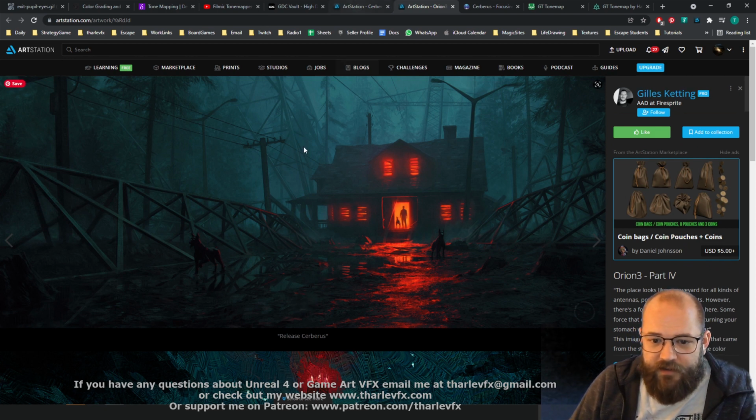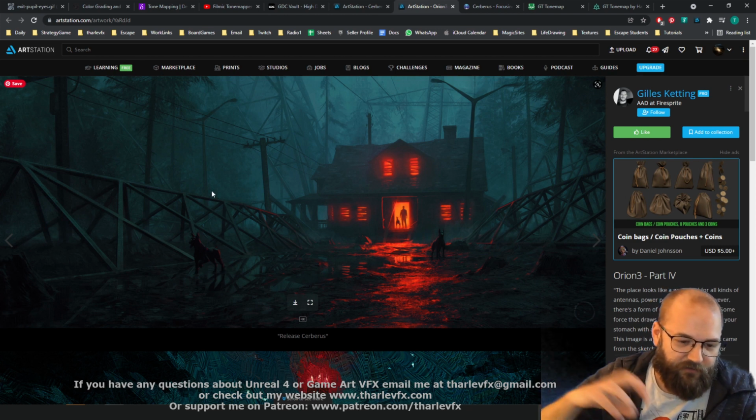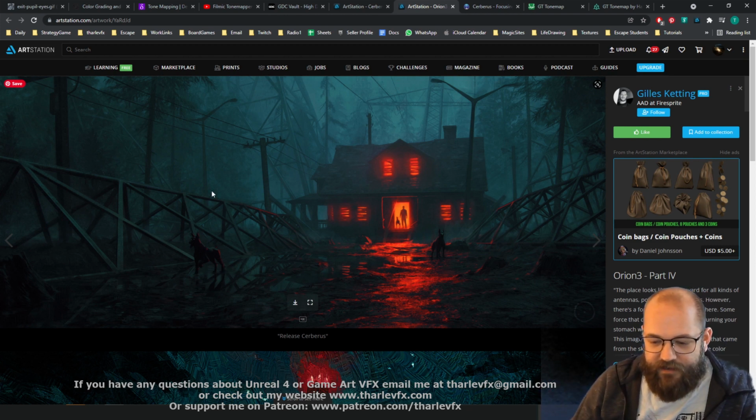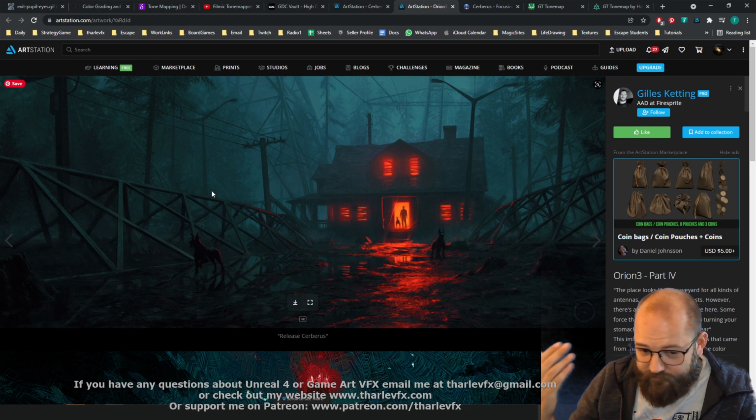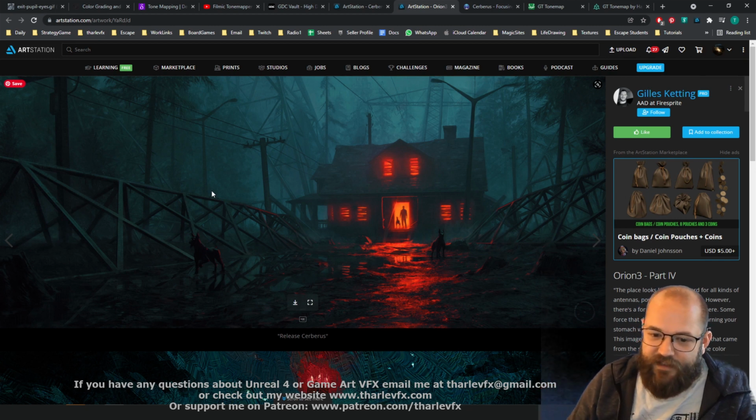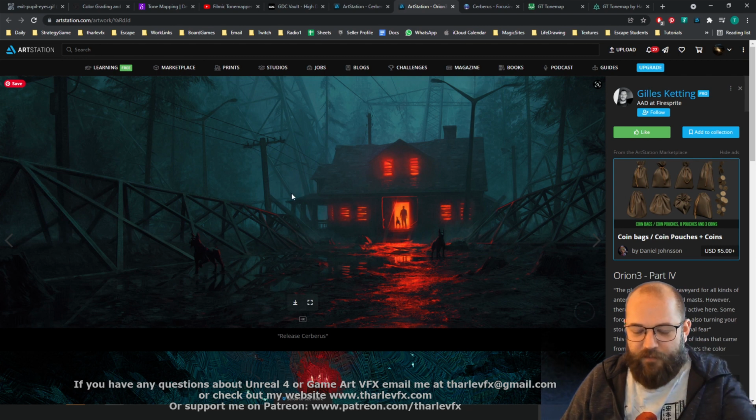And you'll notice that the lighting is incredibly saturated. It's very bright, it's very red. Obviously we're trying to convey a very specific mood here. And while often in games we're trying to replicate a realistic or filmic response, we also have stylized games. We have stylized lighting, it's used in film as well. And so sometimes we want to be able to edit that, and that's where this whole process